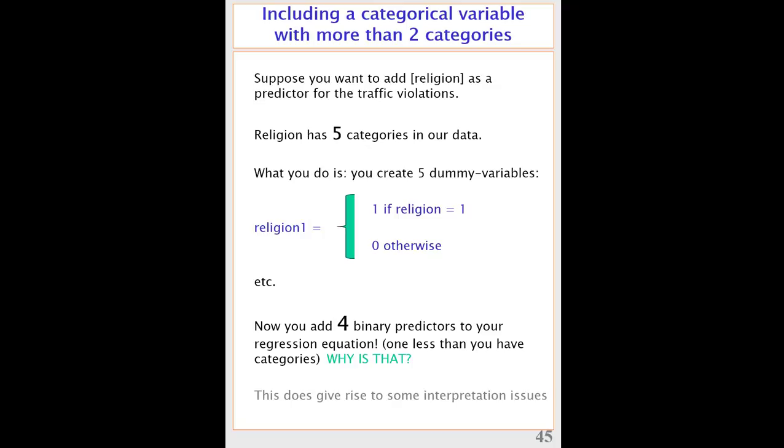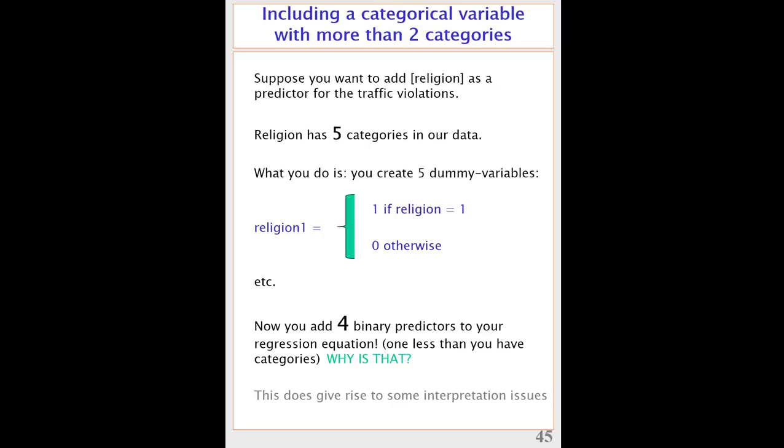1 less than I have categories. And for the same reason, in fact, as I used for the male-female example, there we have 2 categories, we include 1 dummy. 1 dummy for 1 of the separate categories, in that case it was female, and the other one is then automatic, because that's the only category that we have left. It's the same here. For 5 categories, as soon as we have 4 defined, then we know that the other one is already in there. And we will see that gives some trouble in terms of interpretation, where the interpretation of the coefficients was relatively easy for interval variables. It's a little bit different for